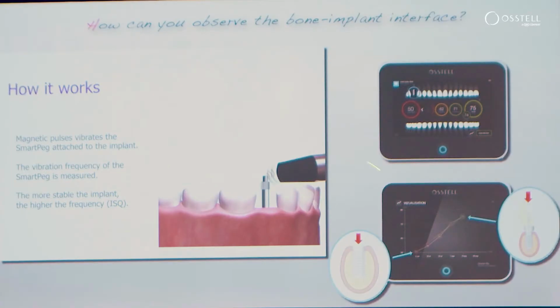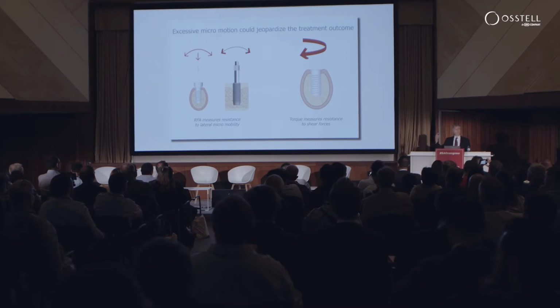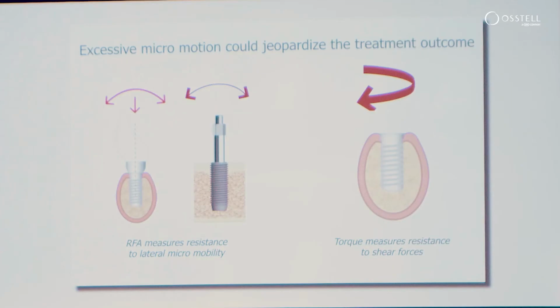As you know, the Osstell sort of excites the peg, causing it to vibrate, and then we get a reading back. That gives us some idea about what the stability of that implant is, and also if we do it over a period of time, it gives us some implication of what the healing is like, and that's really important. If we have too much micromotion, it may mean that there's a poor chance that this implant will integrate, or it may mean it needs more healing time, and it's up to the clinician to decide how to interpret that